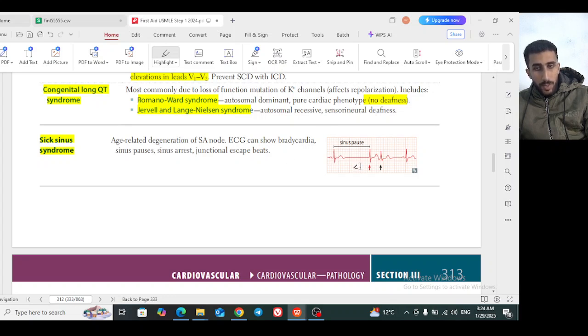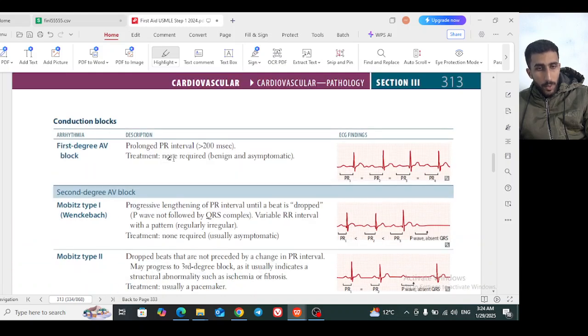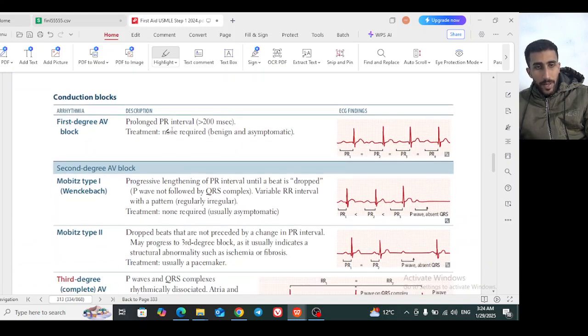In a sinus pause, the P wave stops here, and subsequently the QRS here has no preceding P wave. This is a sinus pause of 1 to 2 seconds. If it goes further, it becomes maybe sinus arrest and bradycardia, of course. And there are some beats, junctional escape beats, that have no preceding P wave. This is for the arrhythmia, and for the abnormalities in the conduction system, you have three: the first degree heart block,